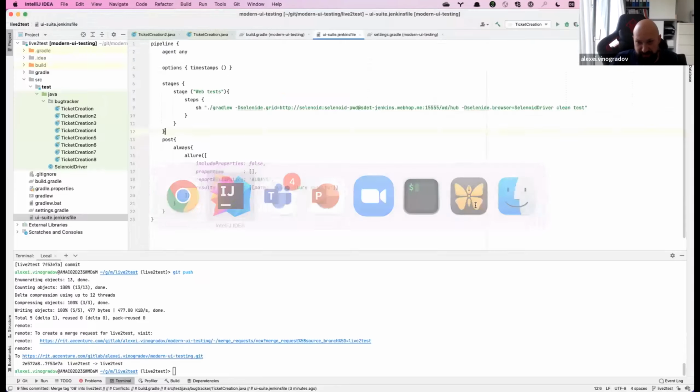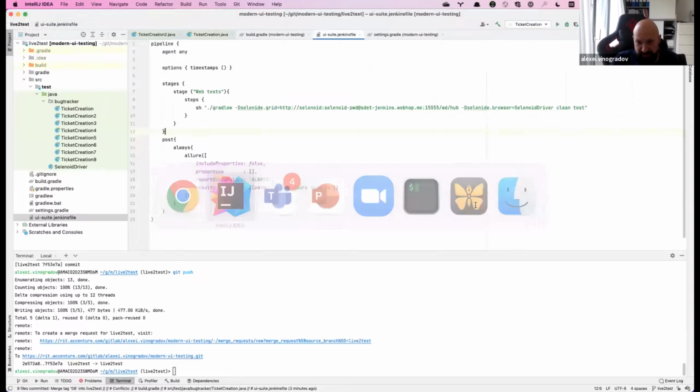So git commit and git push. Hopefully it will do it. No, I forgot. No, everything is done. Yes, everything is done. After this test is ready, I will start another one. Yes, they are running here one by one. And okay, I've started the second one.